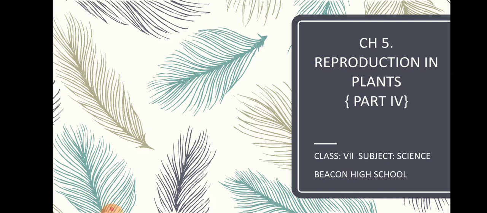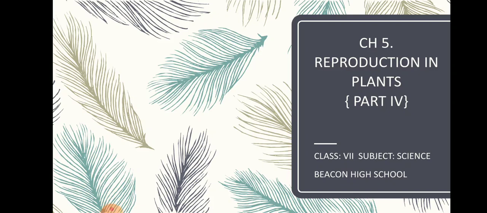After fertilization, this ovary enlarges to form fruits. The fruits are formed, of course, and they are of different types. Yes, some of them are fleshy, some of them are dry. We have dry fruits even. A fruit protects the seed and helps in their dispersal. Now the seeds which are present inside it are also dispersed.